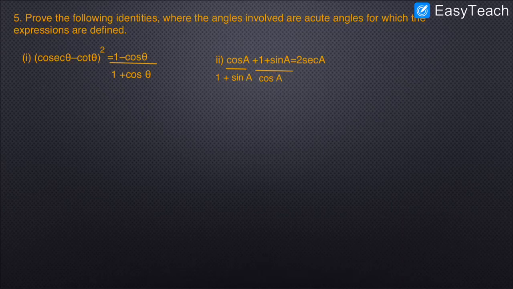So 1 by sin theta minus cos theta into, for sin cube minus cos cube, first a minus b, right? Which is sin theta minus cos theta, for a square sin square theta, plus ab sin theta cos theta, plus b square cos square theta. So this is on the top, and the bottom is cos theta sin theta. Now use the identity sin square theta plus cos square theta equals 1.